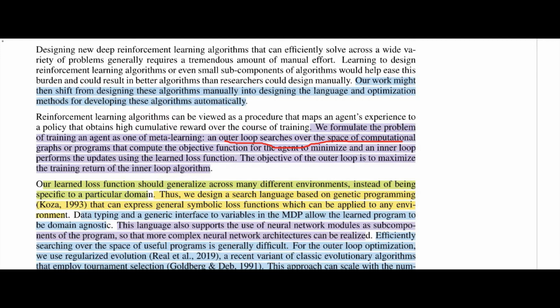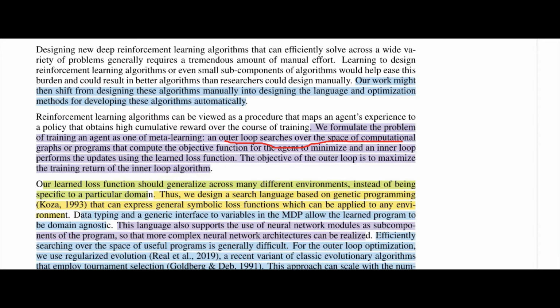So what the outer loop searches for is the loss function. The outer loop searches for a computation graph which represents the best possible loss function, and the inner loop trains an agent based on that loss function to minimize that loss function. So the goal of the inner loop is to minimize the loss function learned by the outer loop, and the goal of the outer loop is to actually maximize the return of the inner loop and basically figure out the